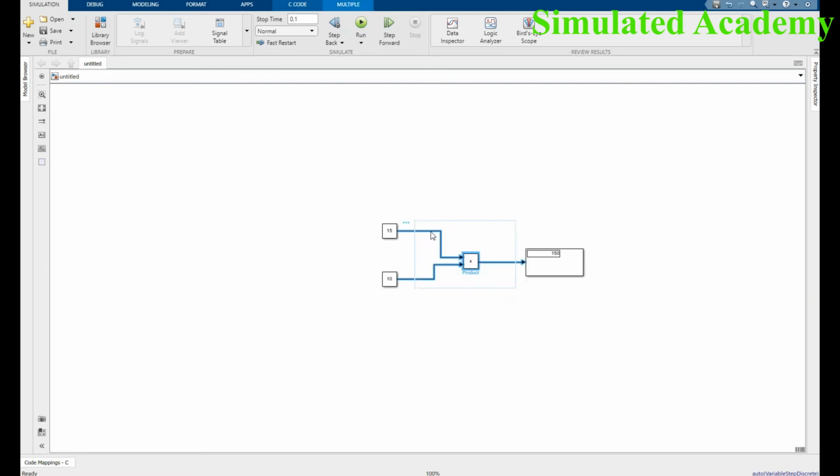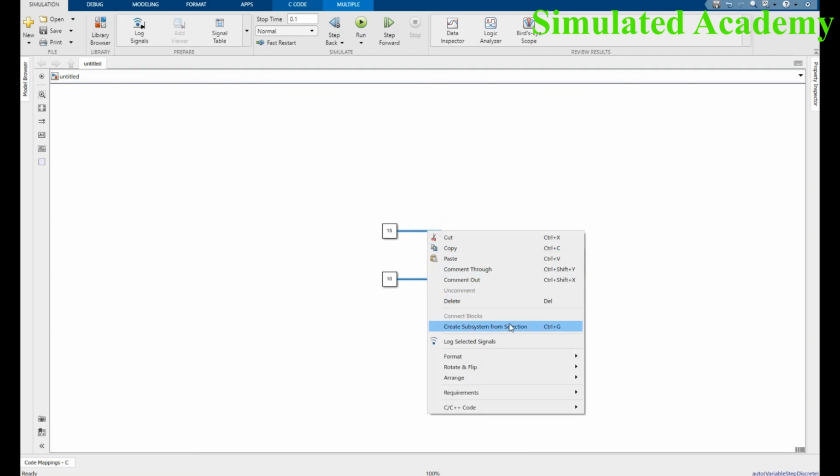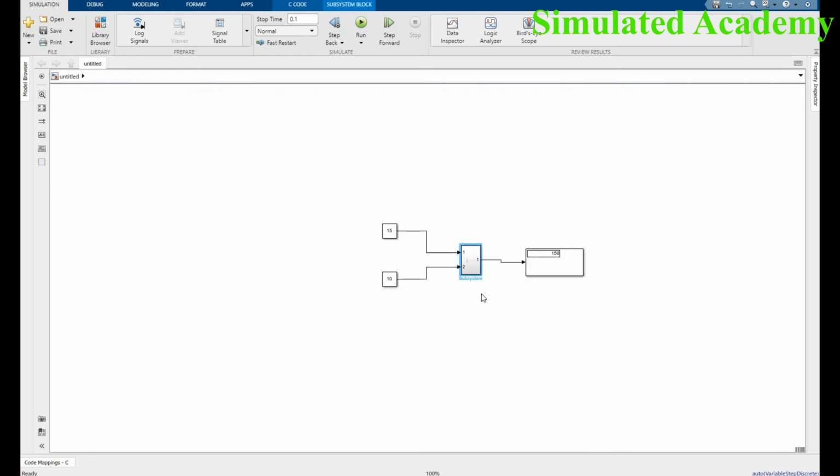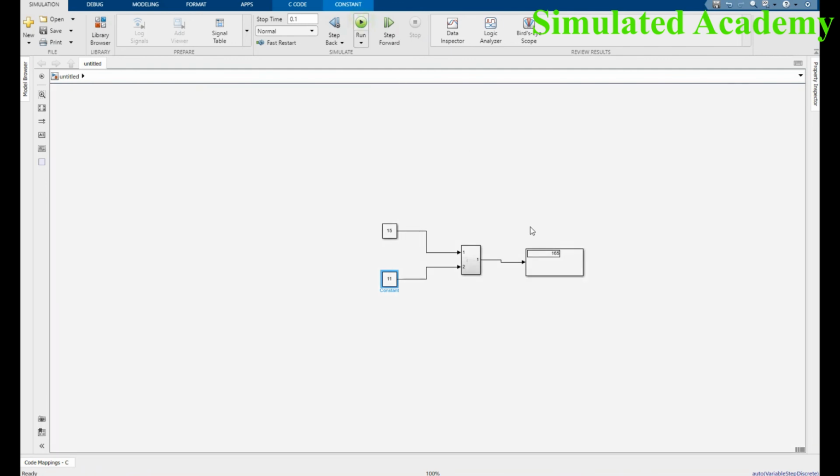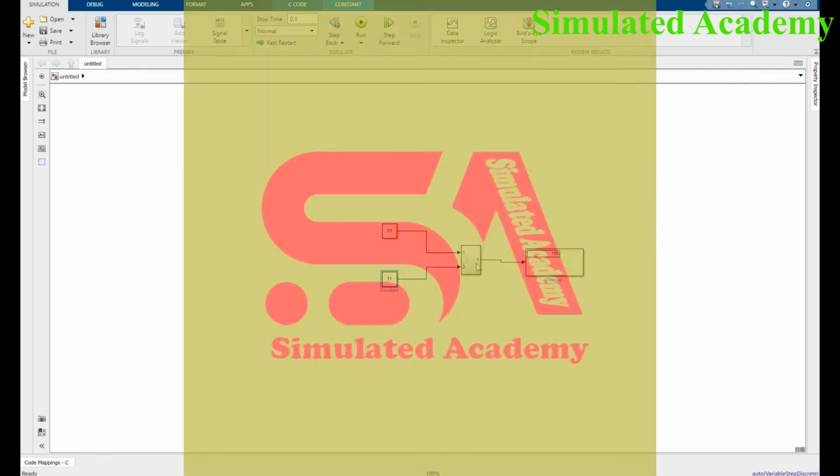I just want to make this portion disappear, right? So I selected this, right click and create a subsystem. You can also press Ctrl G, right? This is now done. So if I simulate this, I will get my result 150 again. Let me change it to 11, simulate it, and the result changes. So this is how you will create